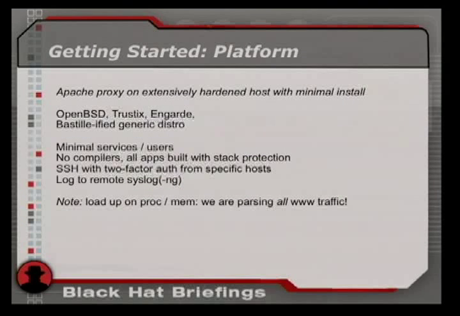So on the platform, you're going to want some kind of hardened host, no different than if you were building a firewall or a proxy or anything else. I like doing OpenBSD. I do this on OpenBSD and Gen 2. But you could run Bastille and lock down just about any kind of Unix distro. You just want to rip out all services, compilers, and all the other stuff, other than the proxy stuff